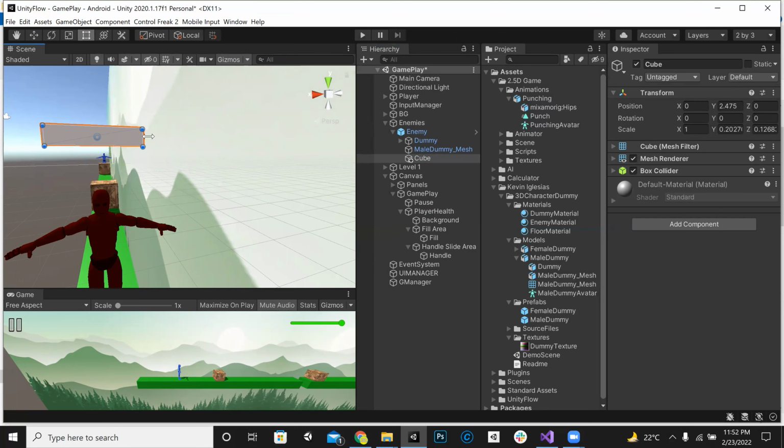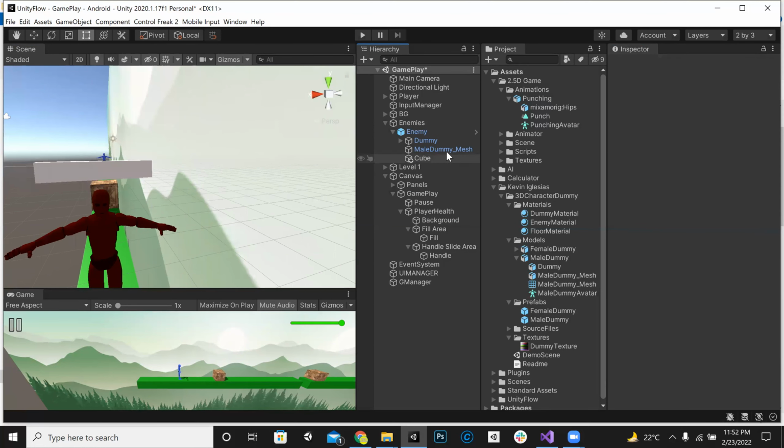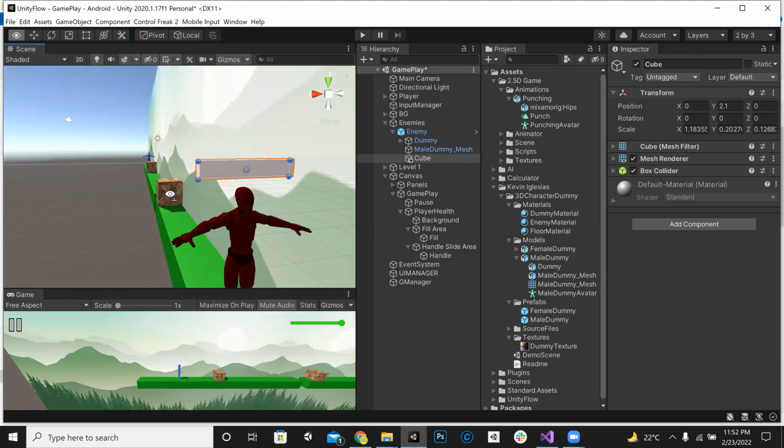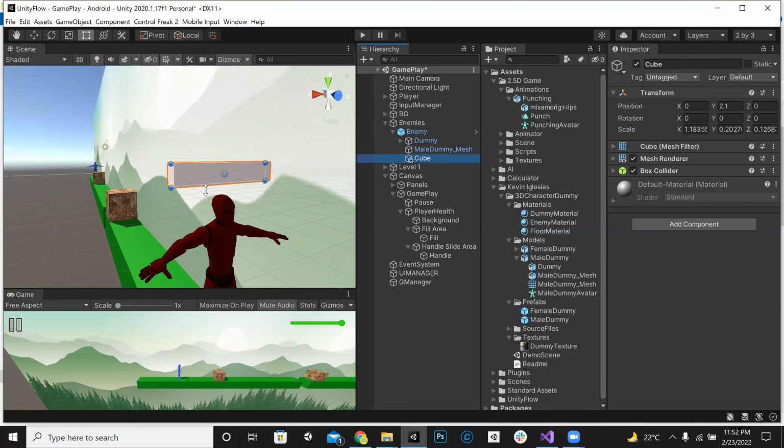The position is 2.5, 2. Okay, 2.1. 2.1 is fine. Okay, so this is the cube,